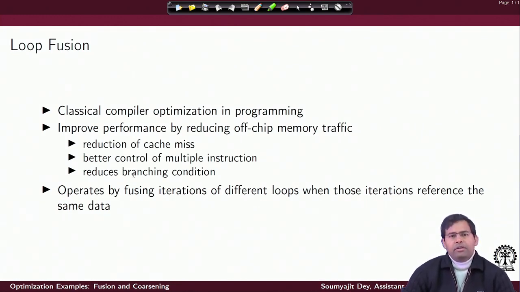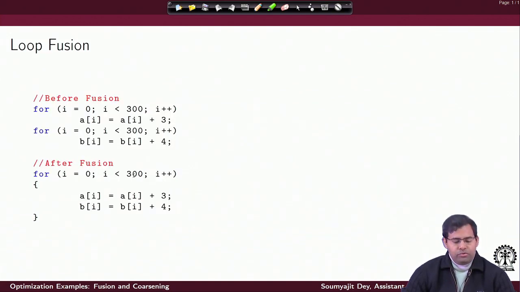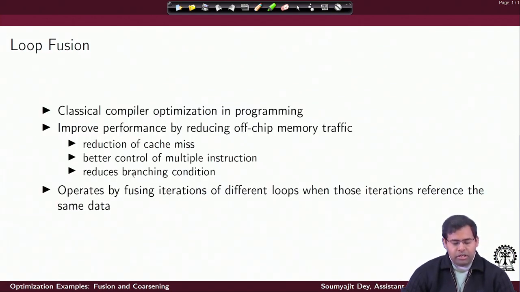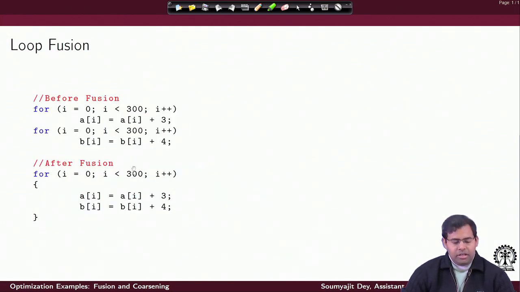In other examples, which we will soon see, suppose I have two loops which are effectively in the same iteration referencing the same data. Then it does not make sense to do that in separate loops, and we can just bring those computations inside the same loop, provided there are no dependencies. The main thing that must hold is that in the same iteration, for the same value of i, I am accessing the same data A[i], and maybe A[i-1], in the two loops. That is what we fuse, and we get an advantage with respect to cache access, which is fairly understood.